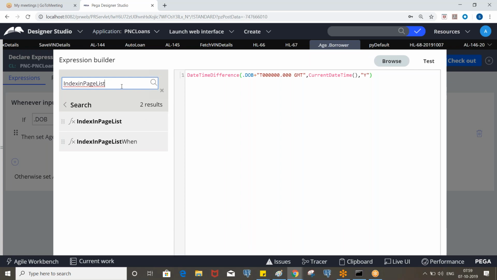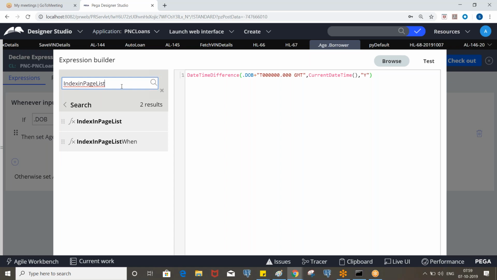Okay. So let's say I have 10 pages. I want to know the index of some property. Let's say in each page we have a customer ID, and I want to know the index of the page where customer ID equals 10. So it will go to that particular page and give you the index.